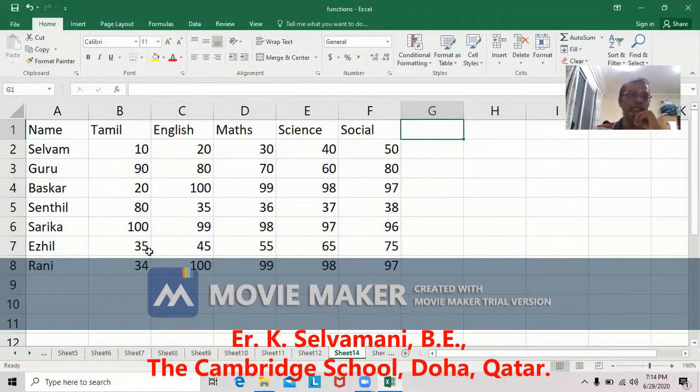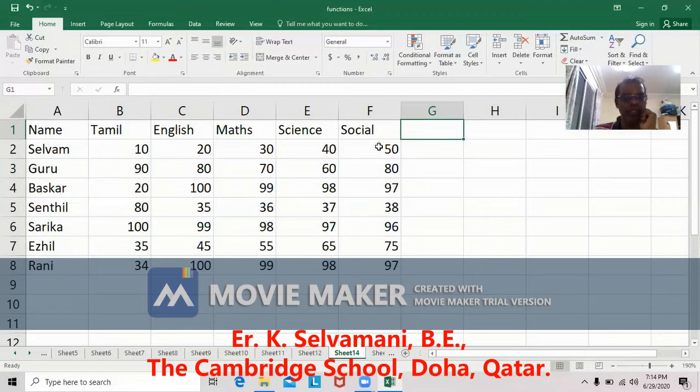So we can conclude that if any one of the subjects, either Tamil is less than 35, or English is less than 35, or Maths is less than 35, or Science is less than 35, or Social is less than 35, he is considered failed.